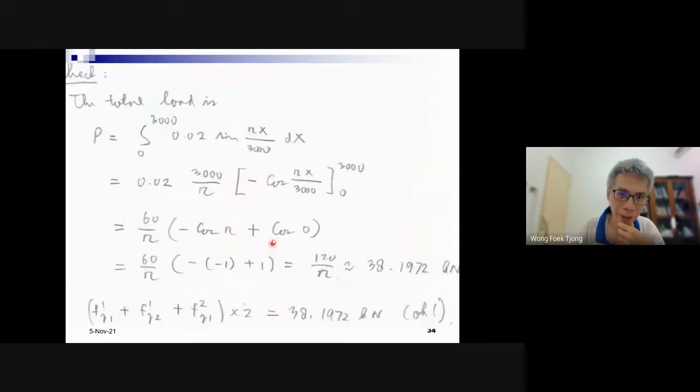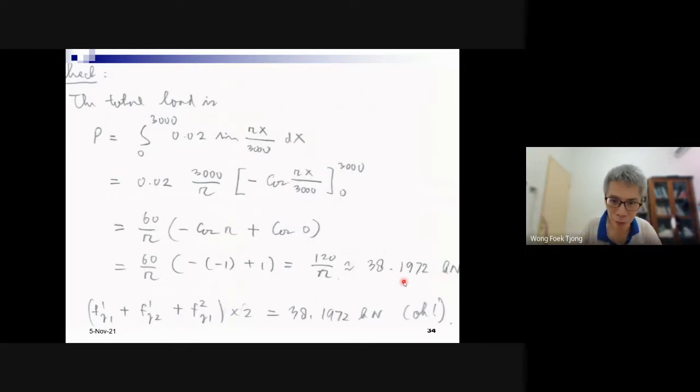Okay, I mean we can integrate from 0 to the whole length of the bar, using the global coordinates. We can compute easily, right, because the integral of the sine is minus cosine, and then just the reciprocal of this 3000 pi, and then we compute. I get this number from this integral. Okay, use simple calculus, 38.1972 kilonewton. So that's the total force when we integrate the distributed force.